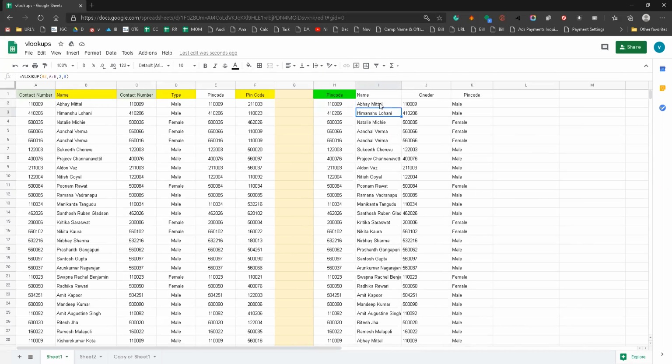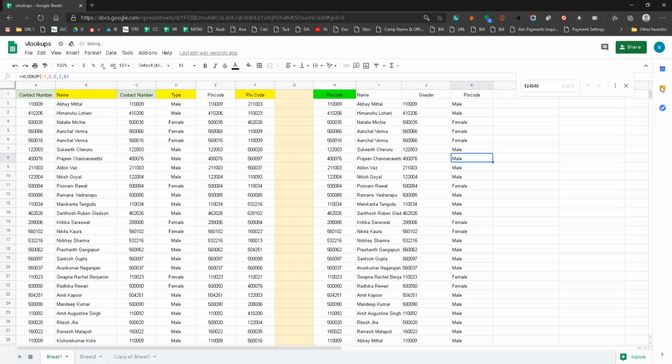If there is any error, like if we don't have the correct data here, then it will fetch the particular data wrongly. It has given the wrong data here. So we have to match columns A and B to the same extent. Then only our VLOOKUP formula will work in the correct way.